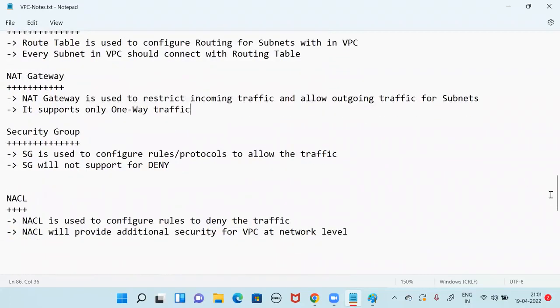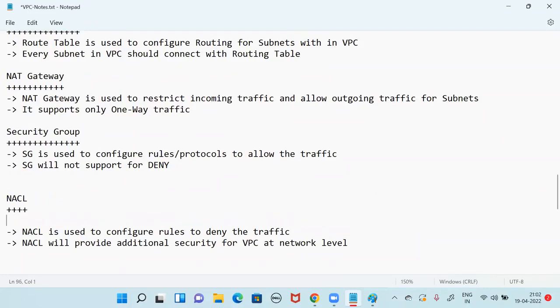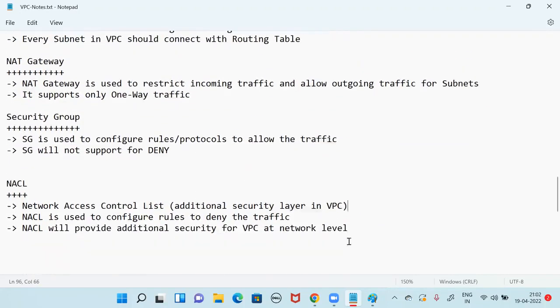Now, if you want to provide security for your VPC at the network layer, then we have an additional security in AWS that is called NACL, Network Access Control List. NACL stands for Network Access Control List. It is an additional security layer in VPC. Very clear. Next one,